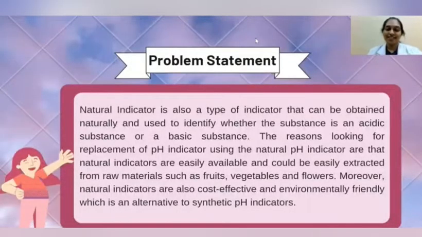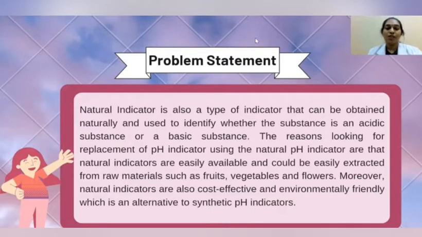Hi, I'm Rishika here. I will be continuing with the problem statement. Nature indicator is also a type of indicator that can be obtained naturally and used to identify whether the substance is an acidic substance or a basic substance. The reasons for looking for the replacement of pH indicator using the nature pH indicator are that the nature indicators are